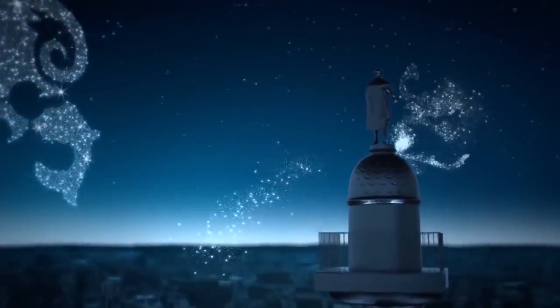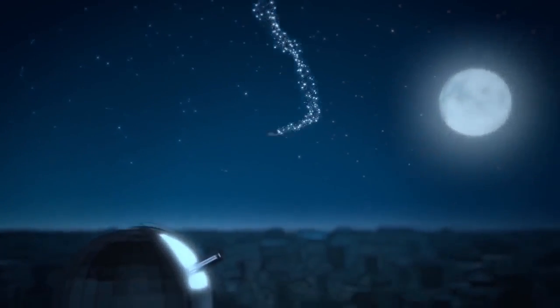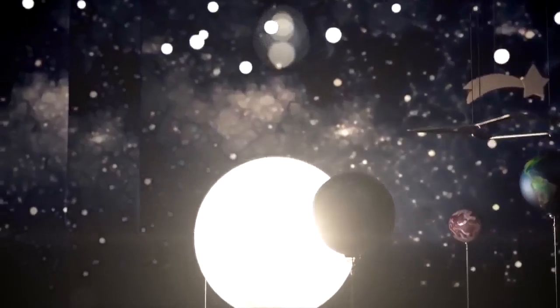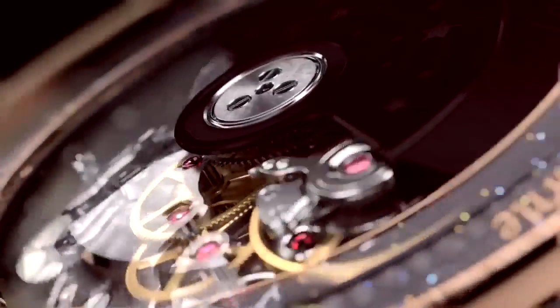Van Cleef & Arpels is not strictly a watchmaker, but what they created is more than just a watch. The Midnight Planetarium watch is made of pink gold, turquoise, serpentine, jasper, agate, sugilite, chlormelinite, aventurine, and it's priced at a cool $245,000. This little planetarium on your wrist works on a mechanical module and shows the motion of 6 planets in